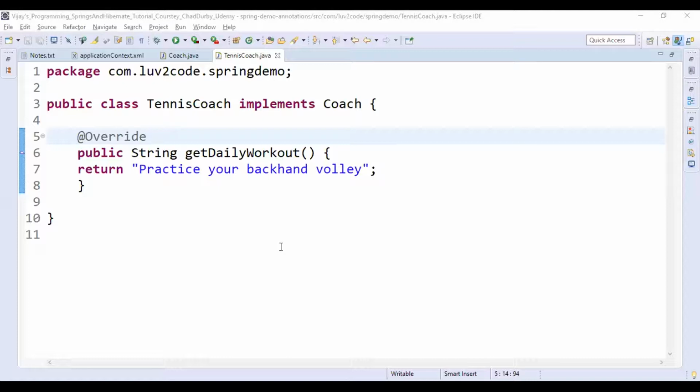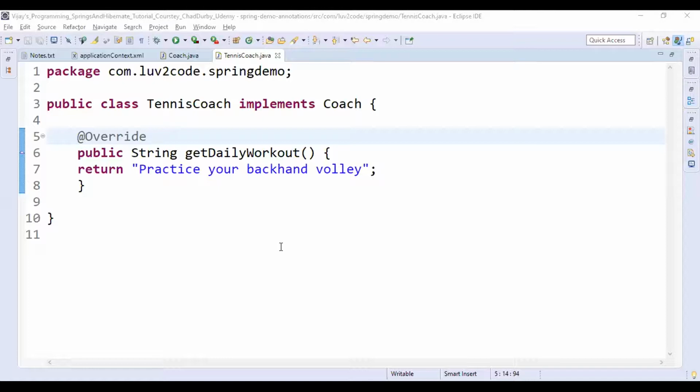So it basically minimizes the time and work consumed by doing a normal XML configuration.